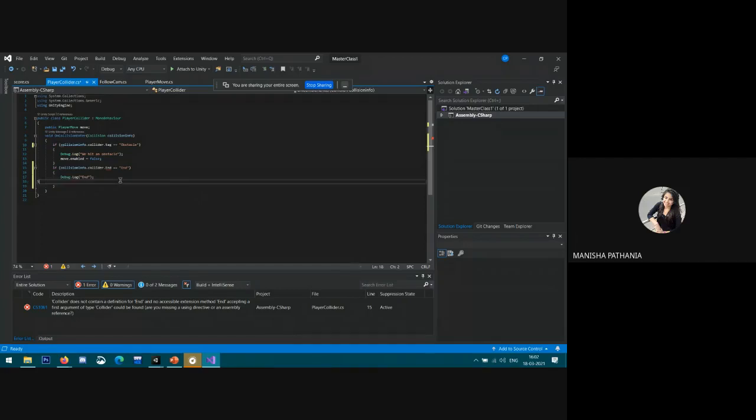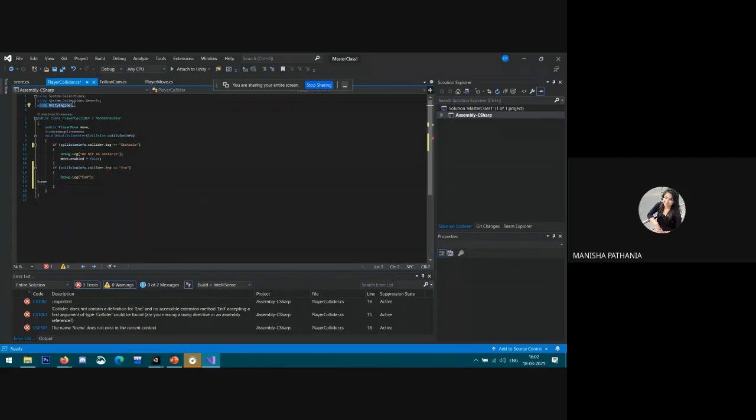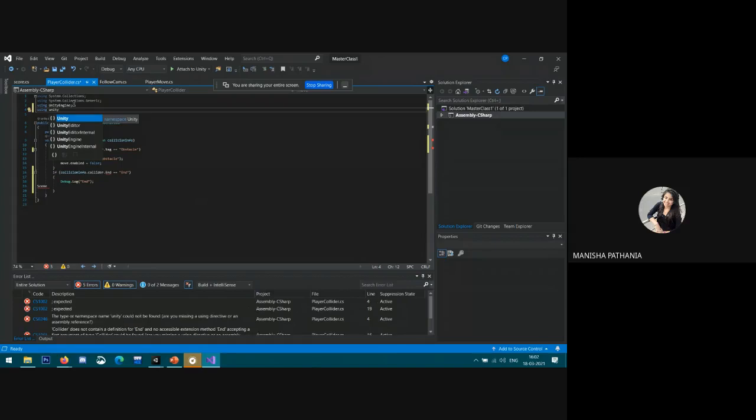So for that purpose, first I need to add a header file here, that is using UnityEngine.SceneManagement. Whenever I want to load any kind of scene, first of all we need to add the header file UnityEngine.SceneManagement, right?